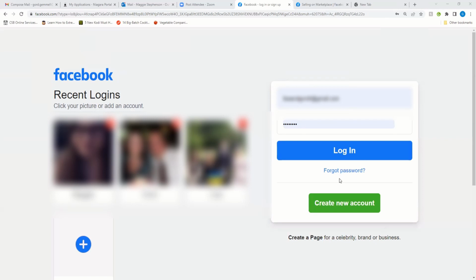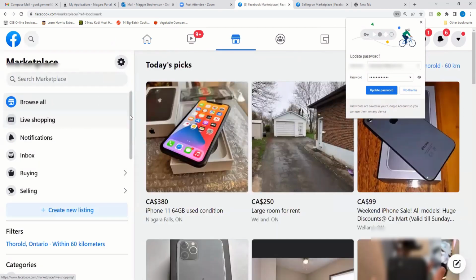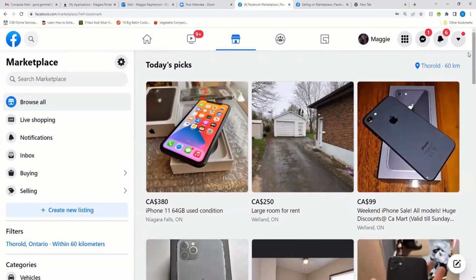Hi everyone. I'm just going to do a quick live viewing of how to work Facebook Marketplace. First, you're just going to have to log into your Facebook. On the left of your Facebook page, you'll notice that right below your name, there's the Marketplace. You want to press on that to get there. And right away, there's a bunch of listings,